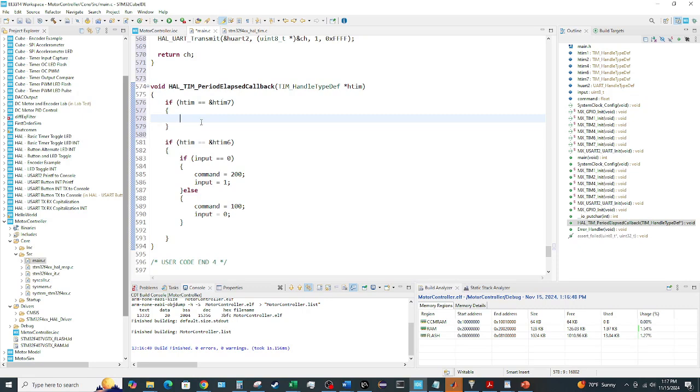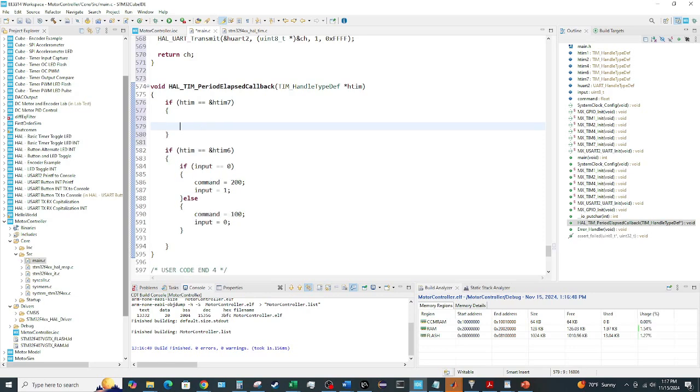Let's just print the value of command to the console. So we're going to print to that serial plotter, so we need to use a $, and then print the float value, and semicolon, and then,